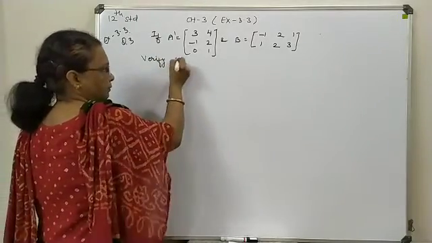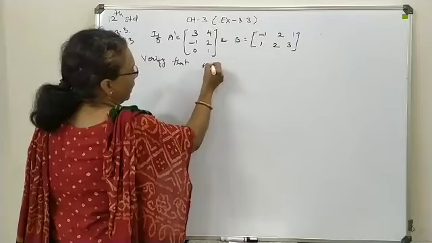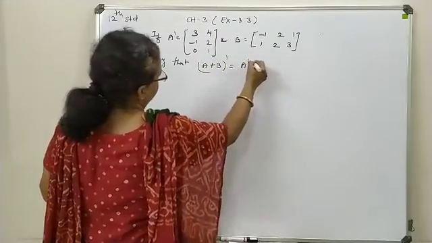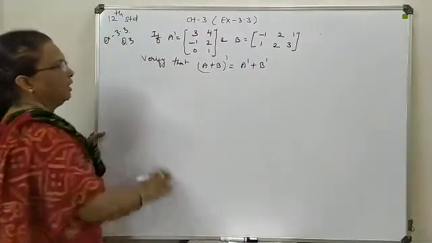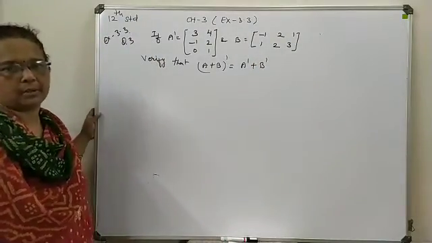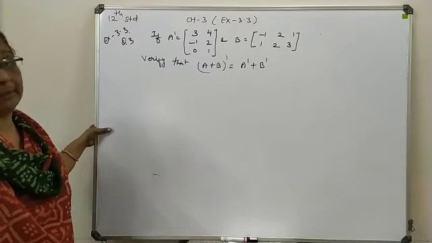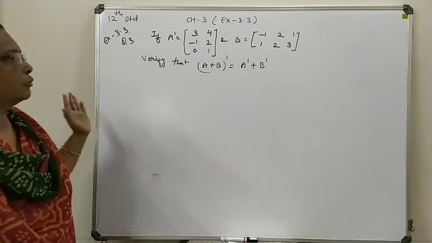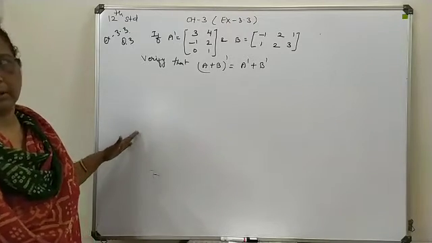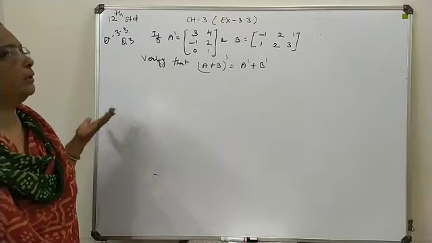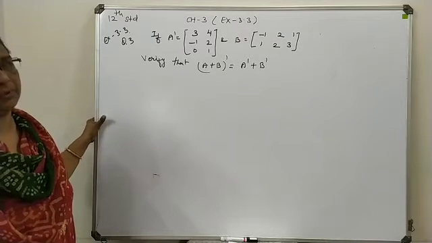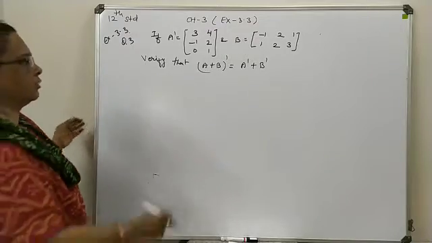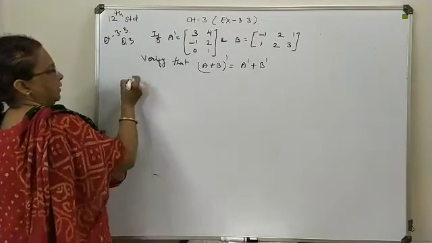that (A plus B) transpose is the same as A transpose plus B transpose. If you look at the question form, you can see your A matrix is available in its transpose form and B is available in the normal form. Here to verify these two sides, we require both the matrices in transpose form as well as in original form. So let's start with the solution, considering your left-hand side.